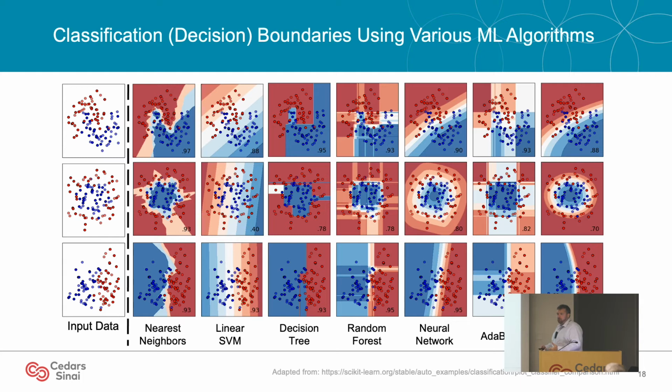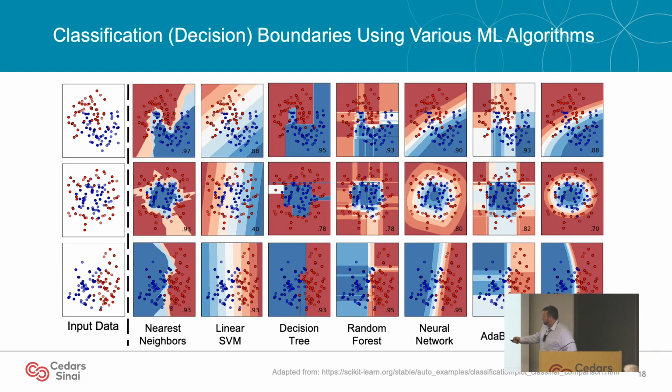The darker the blue or red, the more certain the algorithm is that you belong to that class or the other. And you can get a rough intuition of how each algorithm has its own view of the world, right? The reason these all look different is they all have their own assumptions. They all have their own way to represent knowledge and learn, which ultimately gives them slightly different ways of making decisions. And you can see they all pretty much do well. There are numbers in the bottom right-hand corners that show their accuracies. They all solve the linear problem pretty easily.